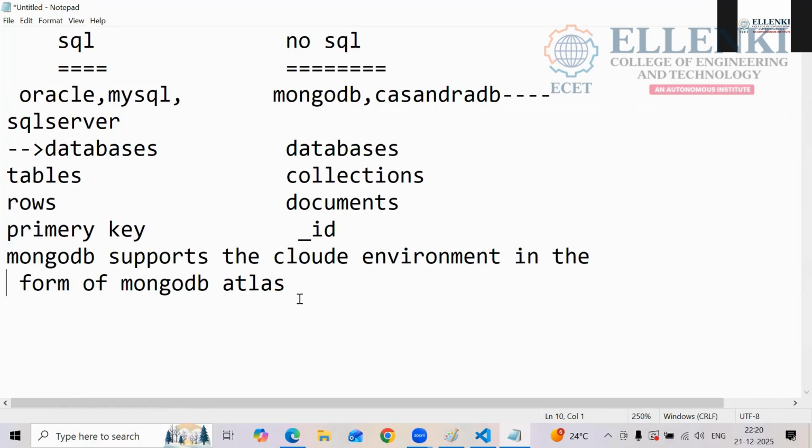Now the second one is Node.js. Now it is time to learn about Node.js. What is Node.js?